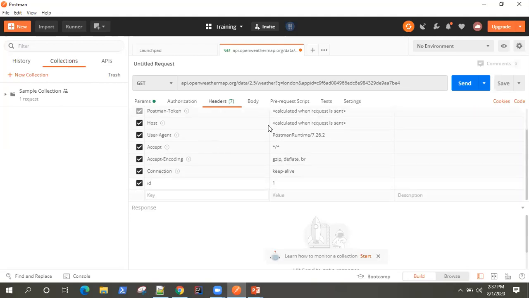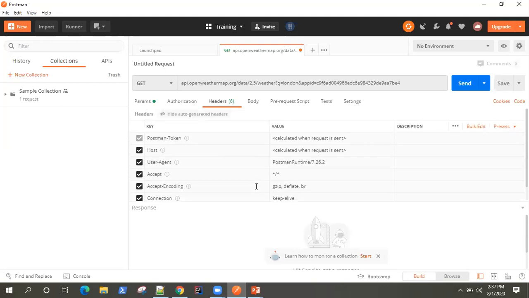The server needs these headers in order to process your request, so these need to be sent along with your request. That's why Postman is automatically adding these headers by default, and you can also add your own headers if they are required. For this API, we don't require any headers.